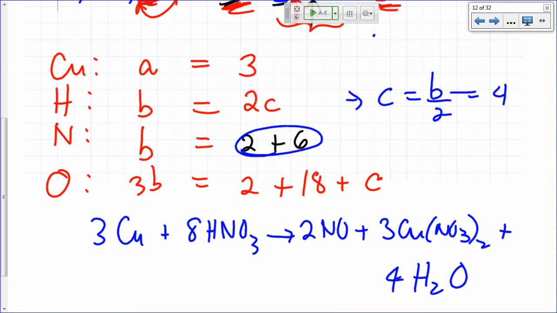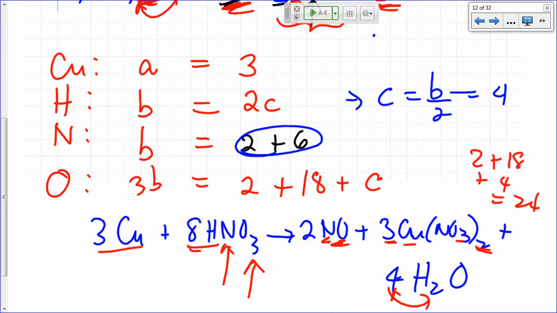Let's see if it's balanced. How many coppers do you have on the left? 3. 3 on the right. Hydrogens? 8. 4 times 2, 8 on the right. Nitrogens? 8 on the left. How many do I have on the right? 2 here, and then 3 times 2, 6 there. That's 8. Oxygens, how many on the left? 8 times 3 is 24. On the right, I have 2 plus 18 plus 4. That's 24. So this equation is balanced. See how easy